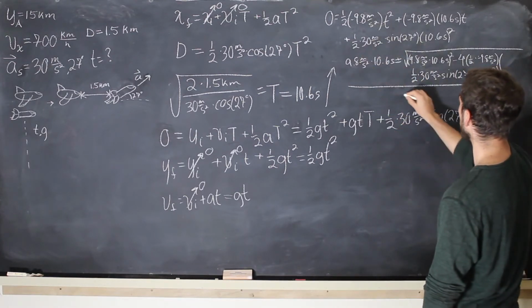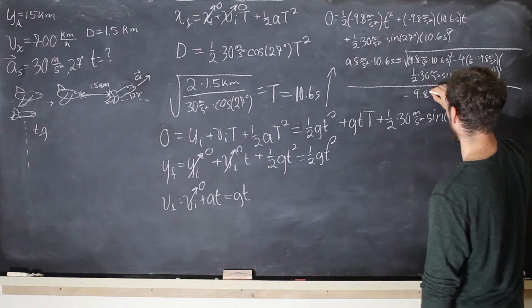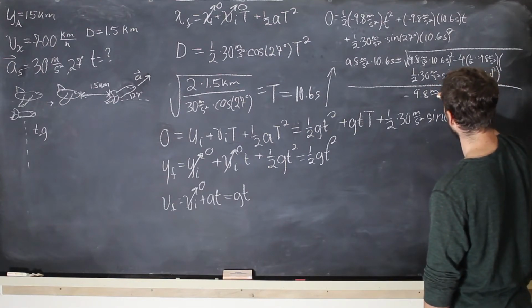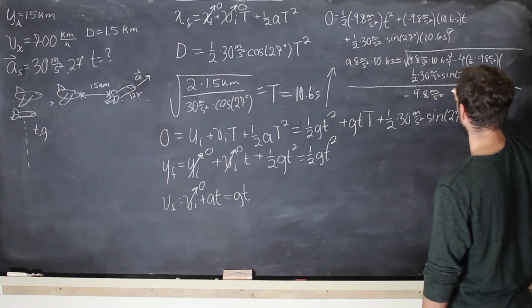The half goes away, so we're just going to be left with 9.8 meters per second squared,